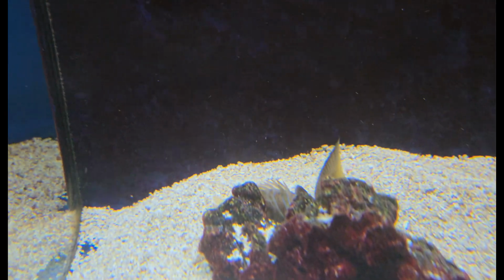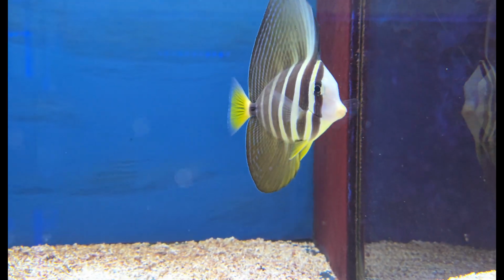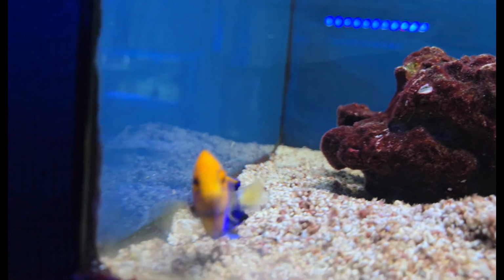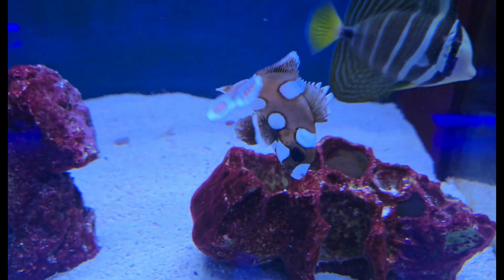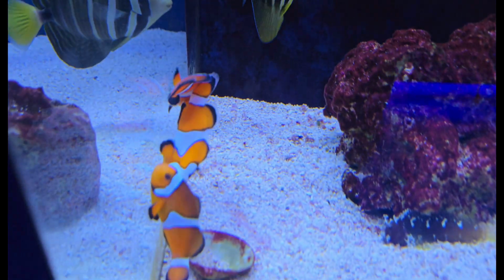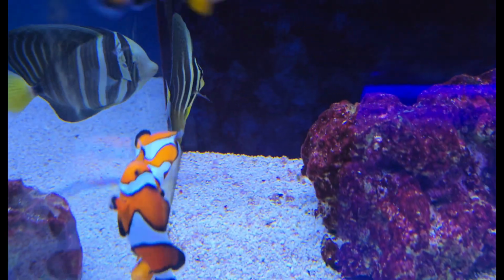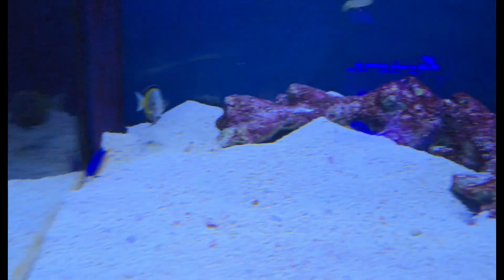And up top, we've got the lemon peel angel, nice big chunky ocellaris, and hanging out behind him are a little Scopas tang and a two-bar rabbitfish. And finally, nice big sailfin tang and a flameback pygmy angel. And last but not least, to wrap us out for the week, we've got the gorgeous spotted sweetlips, beautiful sailfin tang,